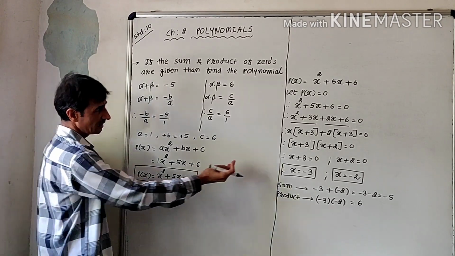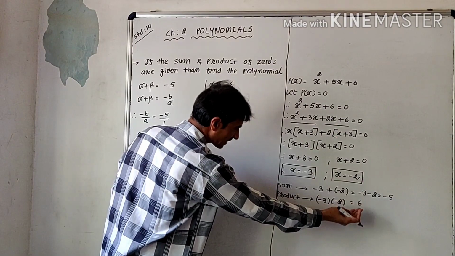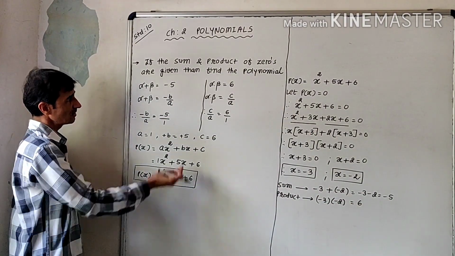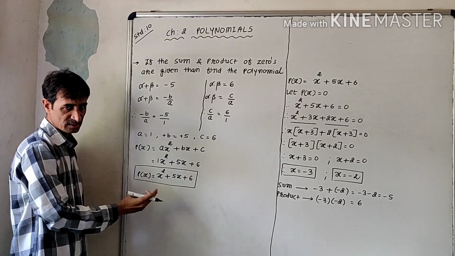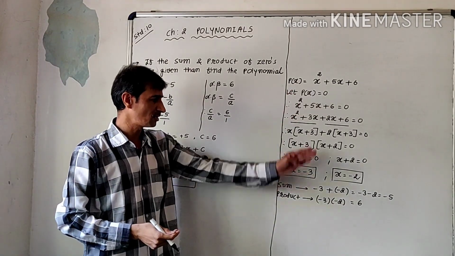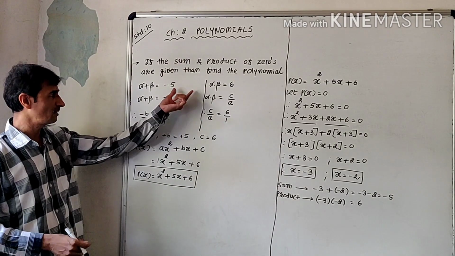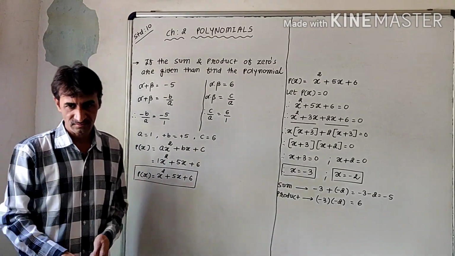You can see here, if this is the question and these are the answer. Now in this case, these are the answer and this is the question. The exactly reversible sum. You can find out from here to here, or we can find out from here to here. Okay, thank you.